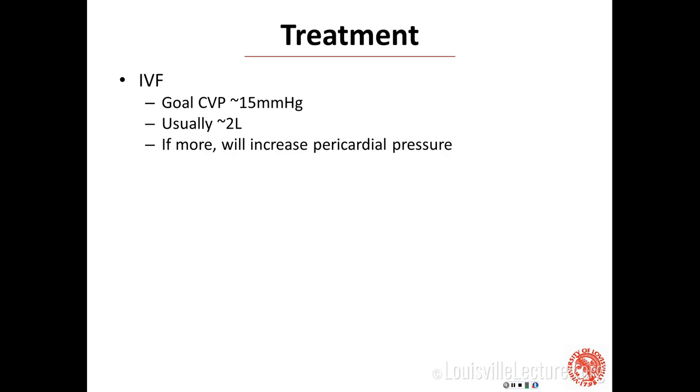So I give some IV fluids, but really only up to 2 liters, because if I give more than that, I'm going to start to put it in the pericardium. I'm also going to have stretched my right ventricle, and now I'm going to be putting more pressure on the pericardium. So you can't just slam them with fluids, but I'll give them like 1 to 2 liters. And if you have central access or you're getting central access, your goal is to get them to a CVP a little bit more than normal, so maybe 15. You can also use things like dopamine to support the blood pressure, or pressors if you need to,